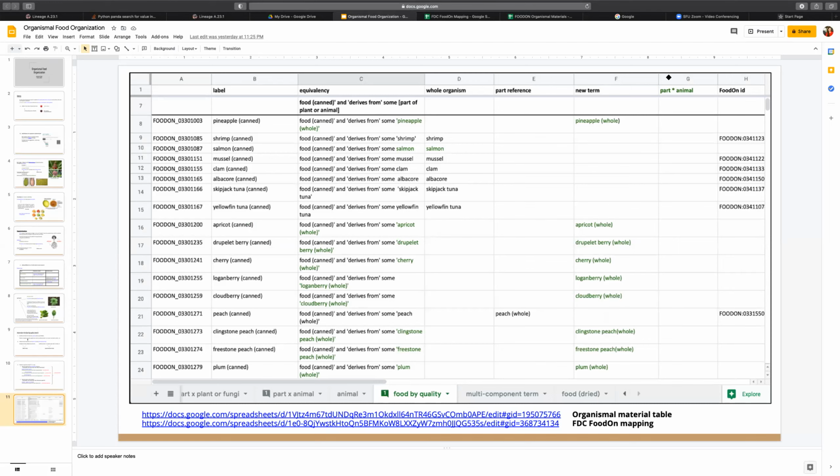So the next step for the animal side, especially fish, is to create the pattern, the prototype record that we want for each kind of fish. And then to fill in the blanks where FoodOn does not have those variations in terminology, the basic ones. And I'll just add one last thing, which is that all of the food items that are canned or dried